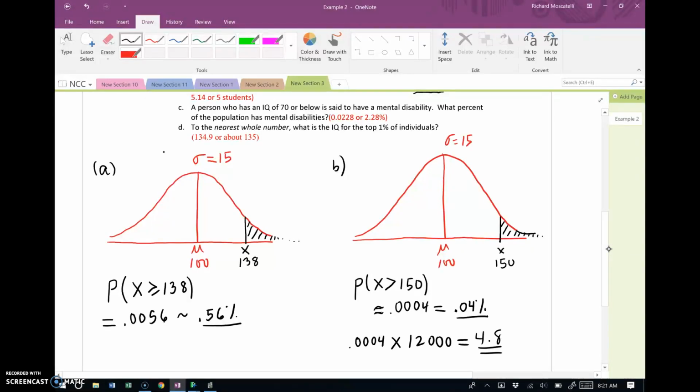All right, let us see. A person who has an IQ of 70 is said to have a mental disability. What percent of the population has mental disability? Okay,